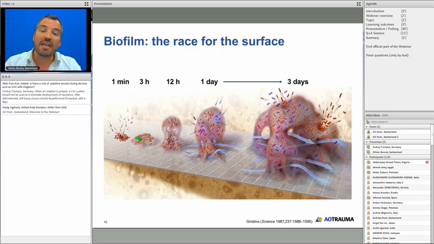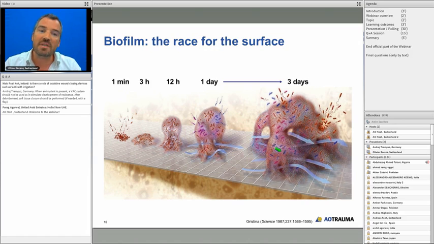They start producing this slime, the biofilm, and producing this biofilm, they're getting already after a couple of hours rather well protected. And over the days, here at the end, after 3 days, they have like a multicellular organism where they even can speak with each other, which is called quorum sensing. They know when there are antibiotics coming in, they know when they are being attacked, and so they can really